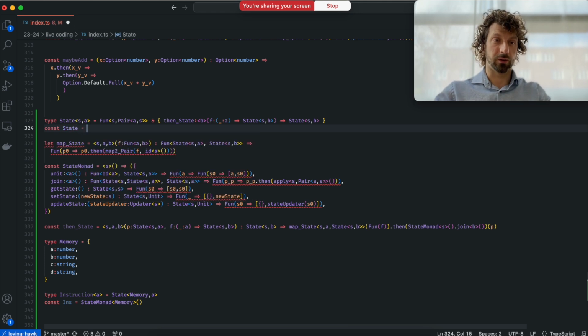Here we're returning a function, but this doesn't have the then state method, so we have to add it. So state will be the constructor that takes as input